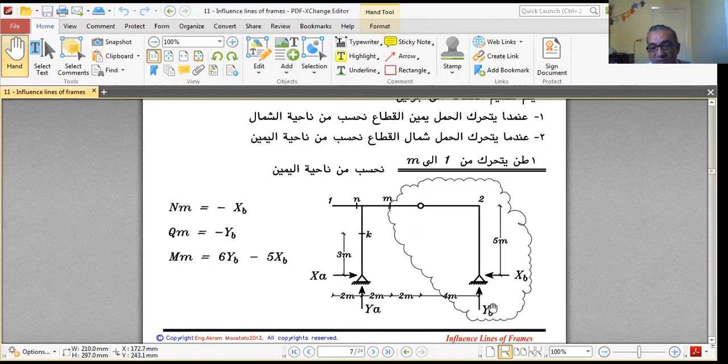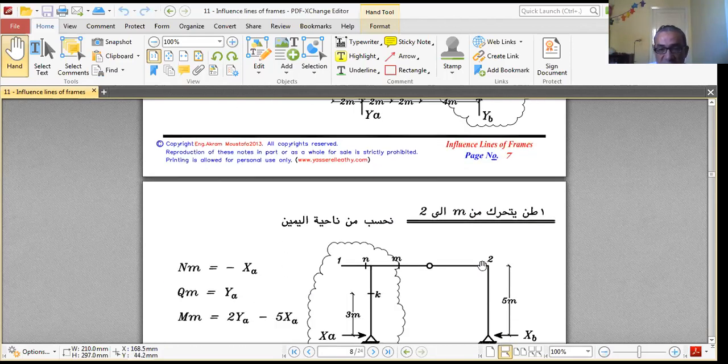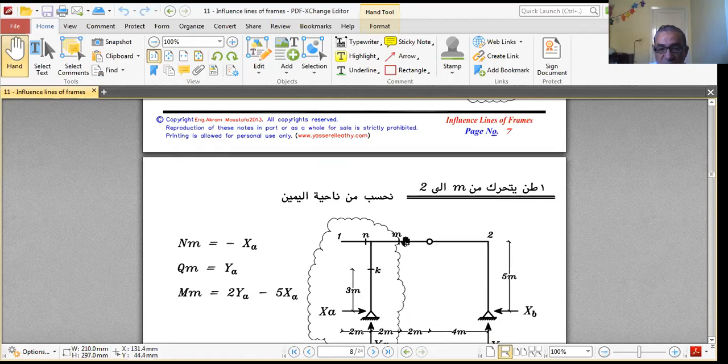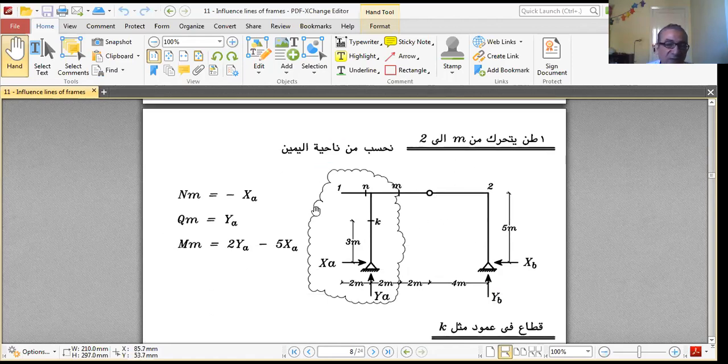Okay, so we have XB, YB, point 2 intermediate hinge. Let's say that this is 8 meters, 2 meters to M, 2 meters to the hinge, and 4 meters remaining. So when the load is between 1 and M, Nm equals minus XB, compression, Qm equals minus YB, Mm equals YB multiplied by 6 minus XB multiplied by 5. When the load is moving from 2 to M or M to 2, we calculate from